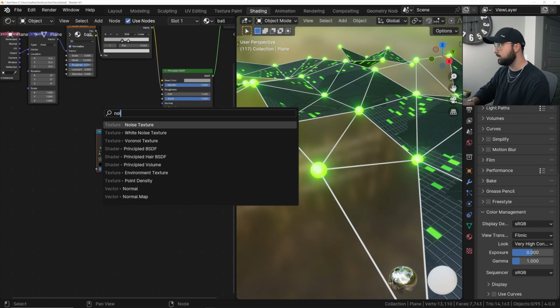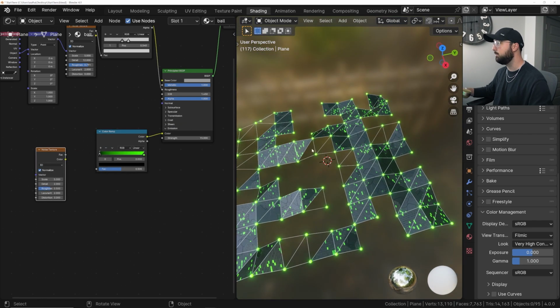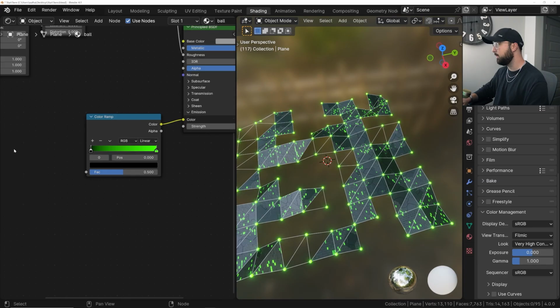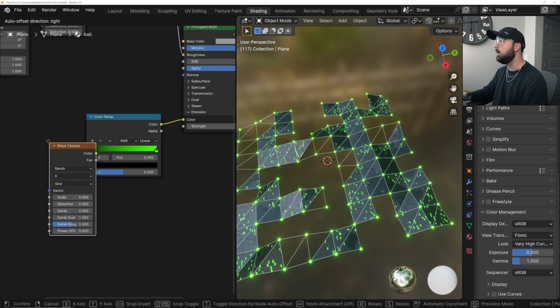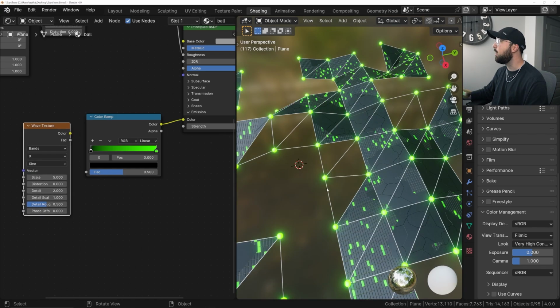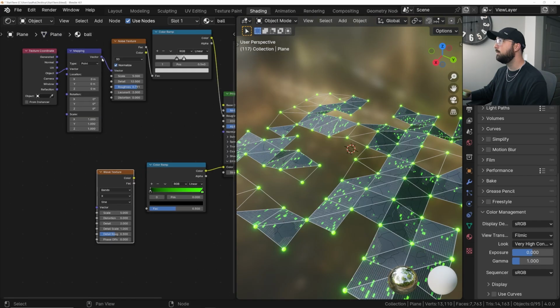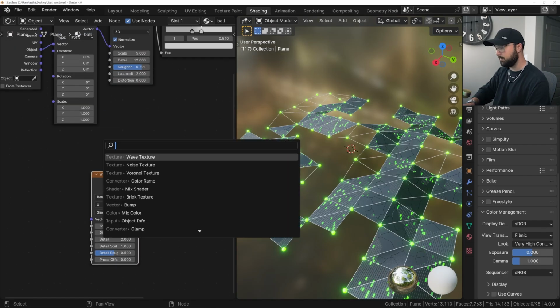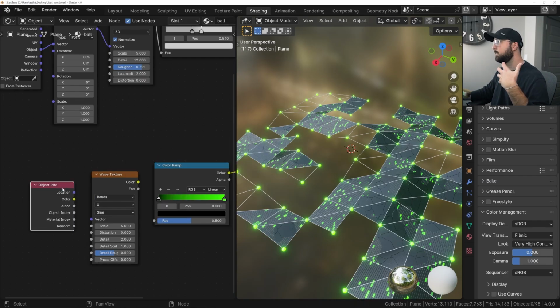We'll get a noise texture. What I want is for some of them to turn off and on, like blink, blink, blink, blink, blink. And actually, because I want to animate that, we'll use the wave texture because that'll make looping that animation far, far easier just with this phase offset. We'll go ahead and get in an object info